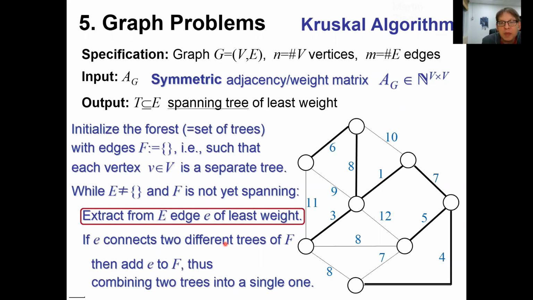Right, and why is it a minimum spanning forest? Because of the way the edge is chosen, it's always choosing an edge of least weight. So this is another instance of a greedy algorithm, namely choosing an edge of least weight in a greedy way to add to the spanning forest to merge two trees into a tree. So that concludes our discussion of the correctness of Kruskal's algorithm, and now we proceed to the cost analysis